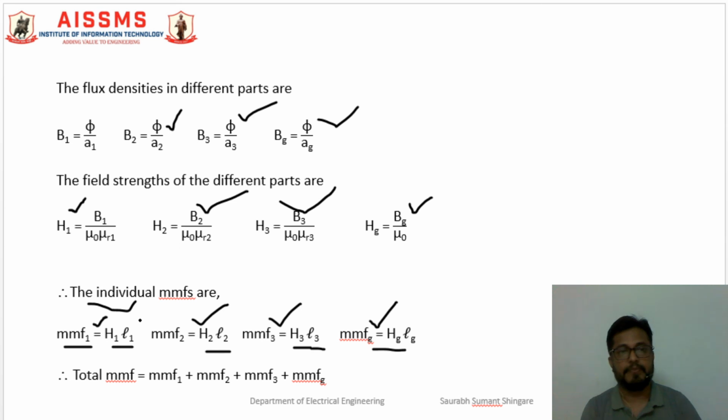So for part 1, MMF 1 equal to H1 into L1. For part 2, MMF 2 equal to H2 into L2. For part 3, MMF 3 equal to H3 into L3. And for air gap, MMF G equal to Hg into Lg. Therefore, total MMF is the addition of all the MMFs present in this composite series magnetic circuit, that is MMF 1 plus MMF 2 plus MMF 3